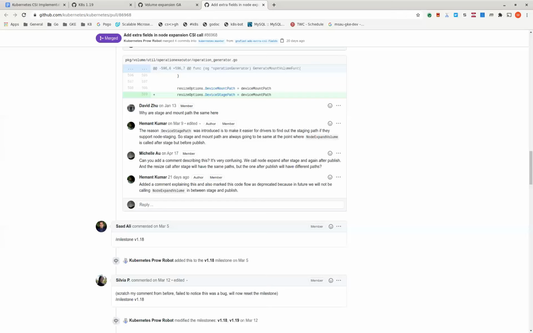I'm confused. Herman made this change and you made another change. Why is your change different? I changed the spec itself to add another optional parameter that was explicitly called staging target path. It's the fourth parameter to node expand volume request. Right, so I see that one. So that was not there in the original spec, and the idea is the COs that implement some version of CSI that includes my change. I think the wording says that they